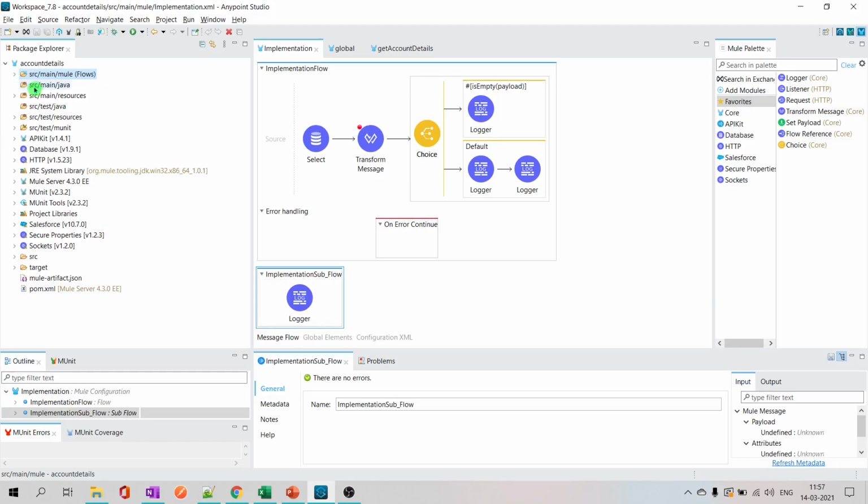Let's go to the second folder, which is main Java. Mule 4 is very powerful. You can do almost anything in integration patterns. But let's say there is still something missing, or some external libraries you want to use for some kind of conversion or functionality. Then you may need to write Java code. Then we place all those Java files inside source main Java. That is it.